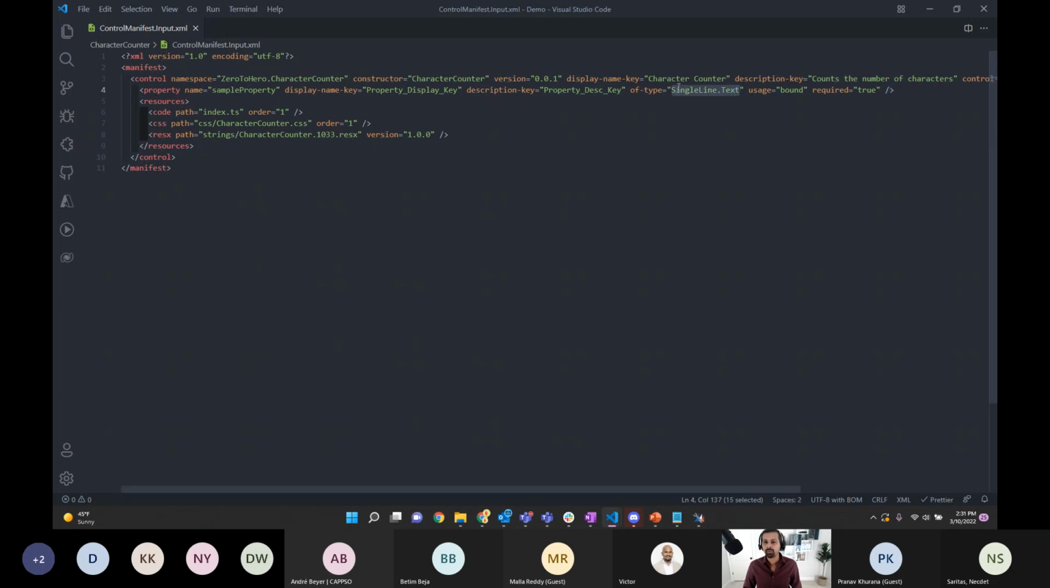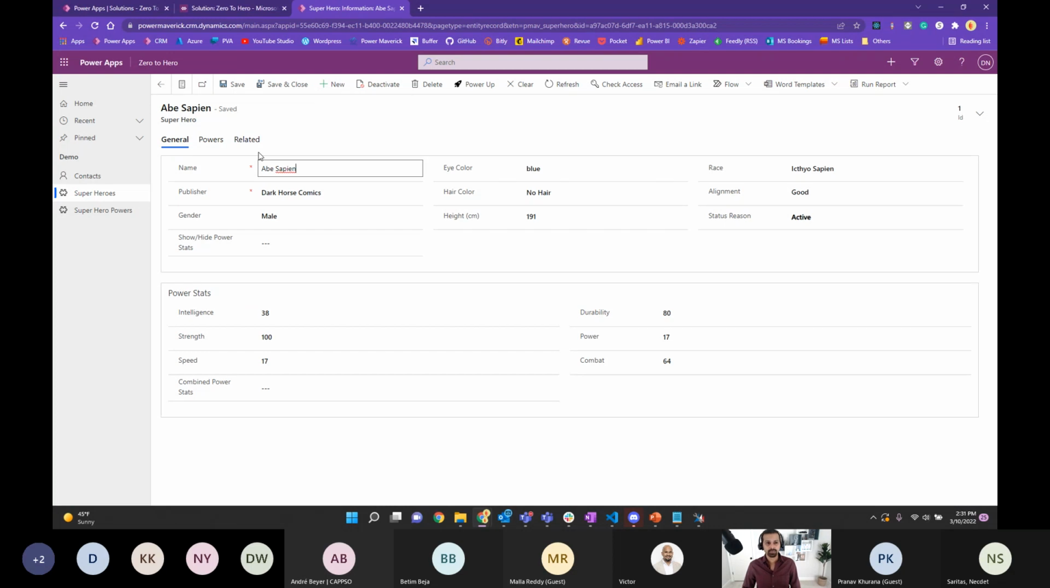So if I'm saying I can only bind to a single line text, which means this is my single line text. If I have, let's say, an integer, I cannot bind my single line text to an integer or even any status reason or any option set, right? Because there are different data types available. So single line text is one. Then there is